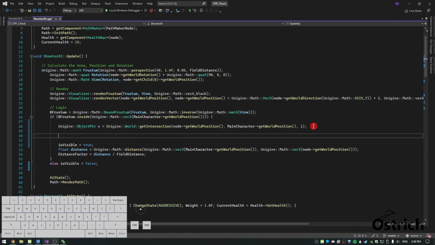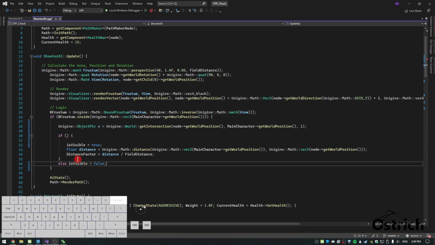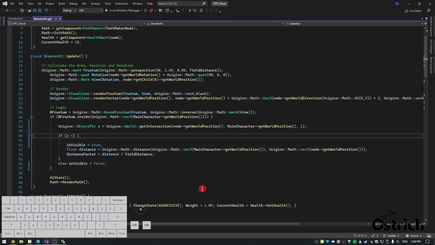Now what we're going to do is write a simple if function, and we're going to say if that, else this. So now we know that we get the line. So if we're inside, we get a line. And then if x equals to, or what we can do is x get name. It'll be a little easier because we can check that all the time. Main character get child number 0